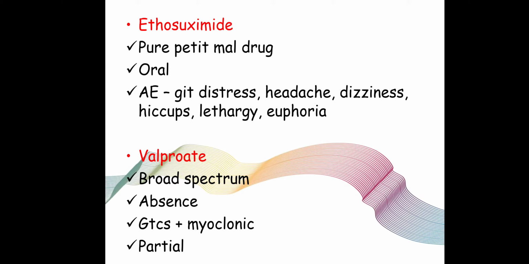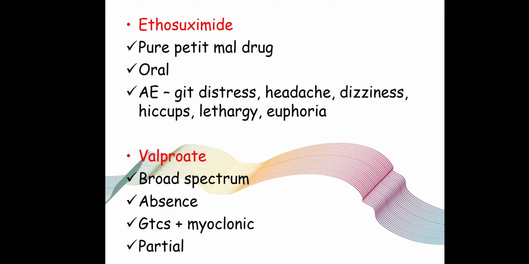Okay, now the next important drug here is valproate or valproic acid. Now after phenytoin, it is the second most commonly used drug. It is older also and still commonly used for epilepsy. Second thing, it is broad spectrum. Why is it broad spectrum? If you remember the mechanism of action, I told you that some drugs have multiple sites of action, right? So valproic acid was one of them.